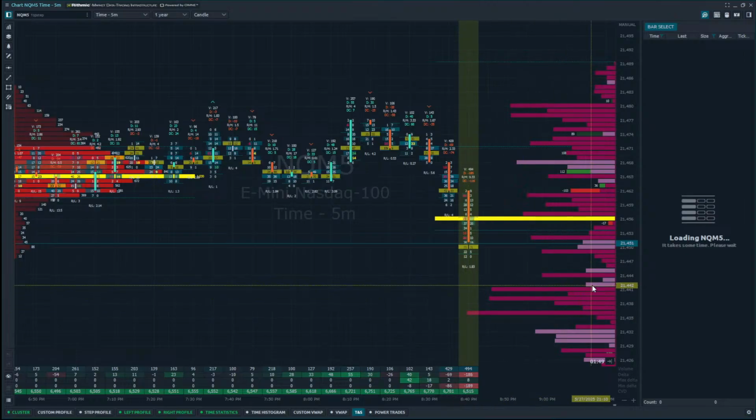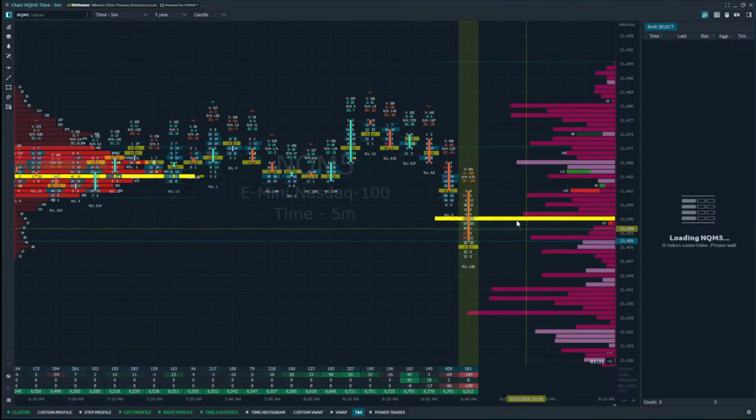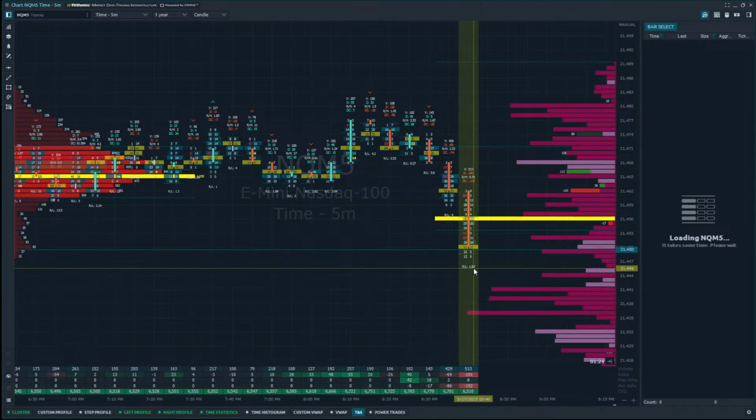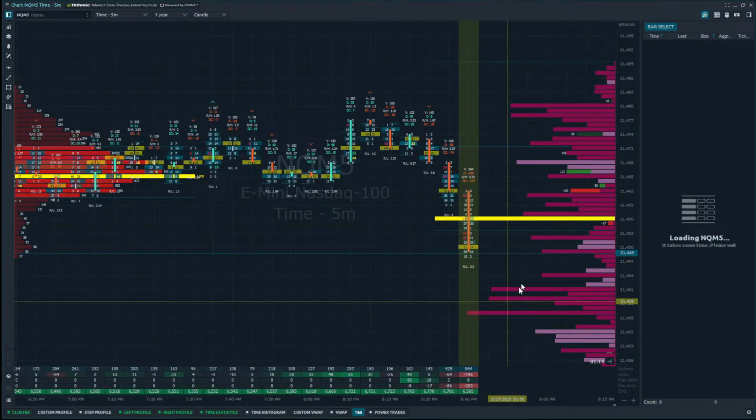Like right here, I would not be surprised to see them bounce in this area, like 436-ish, because we have a really big delta node right there that I would not be surprised to see them bounce from. Obviously, being below the POC is kind of scary because that would be more on the bearish side, and you really want to be above the POC to be thinking more bullish. But depending on how things look when we come down to here, I wouldn't hesitate to look for a